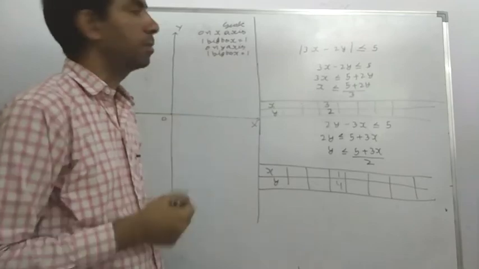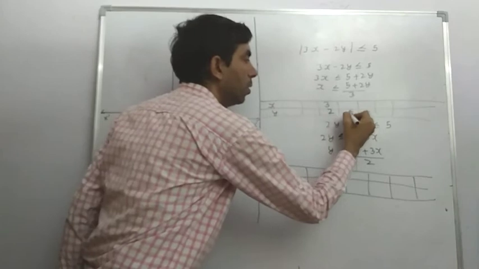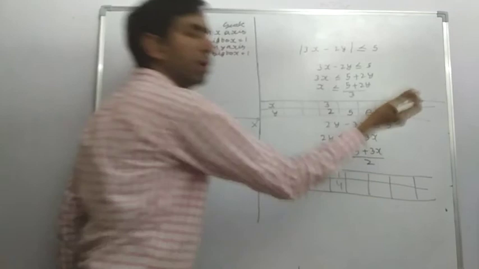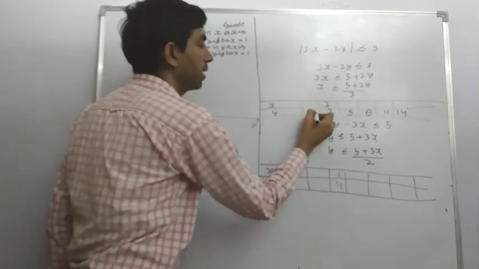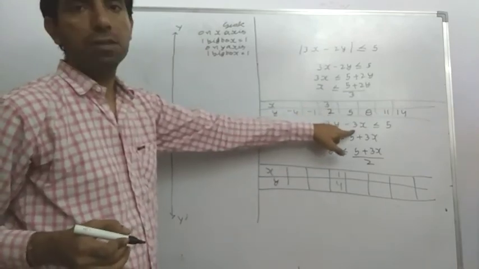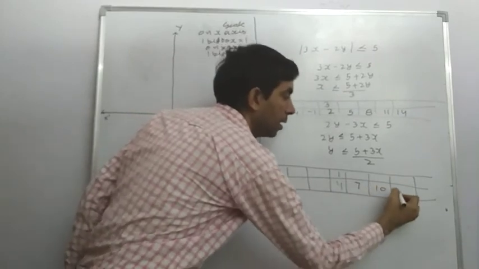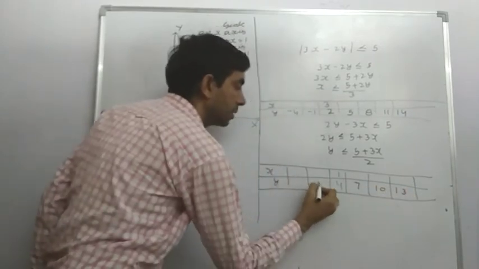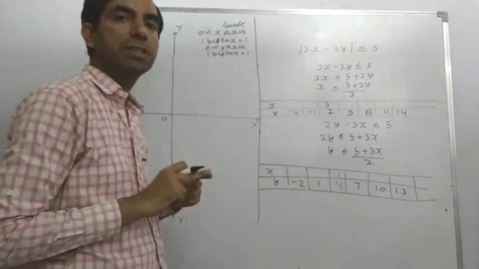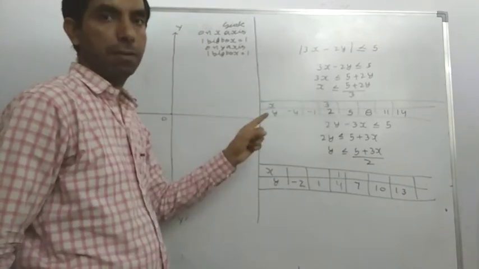And previously we have already learned that we add and subtract a multiple of x in y, one side added and one side subtracted. Here the multiple of x is 3. So on one side we add 3 to 5: 5, 8, 11, 14. And on the other side we subtract 3, then we get minus 1, minus 4. Now here the multiple of x is 3. One side we add to 7: 7, 10, and the other side we subtract.